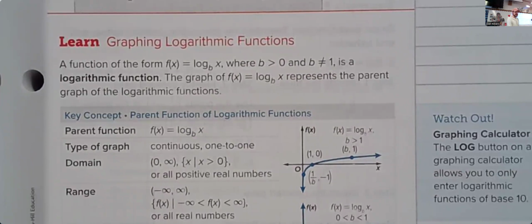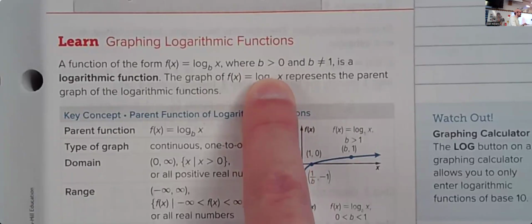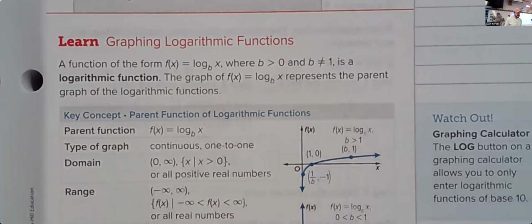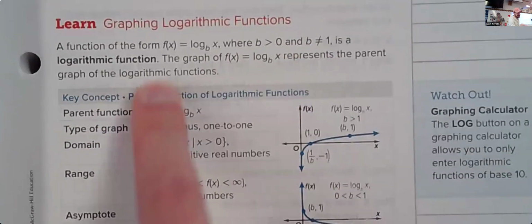That's not exponential, which means if it's negative, the inverse of it won't be logarithmic either. So it's got to be greater than 0. B can't equal 1. That's what makes a logarithmic function. The graph